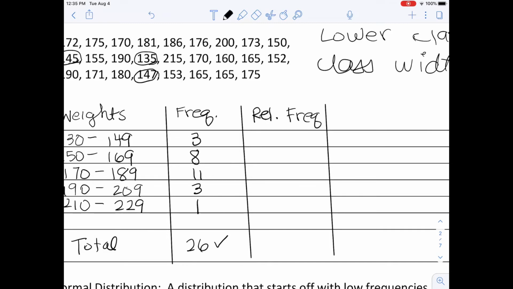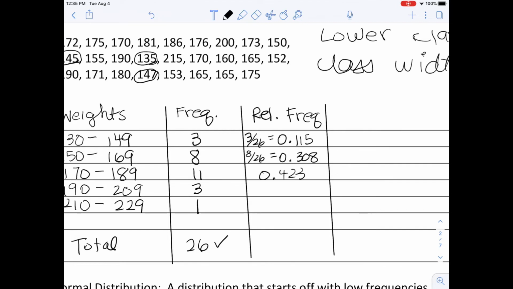And so for the first one, I would take 3 and divide it by 26. Rounding to 3 decimal places, we get 0.115. And then we're going to do the same thing on the next one. It's going to be 8 divided by 26. Rounding to 3 decimal places, we get 0.308. And then I'm going to go ahead and do 11 divided by 26, which is